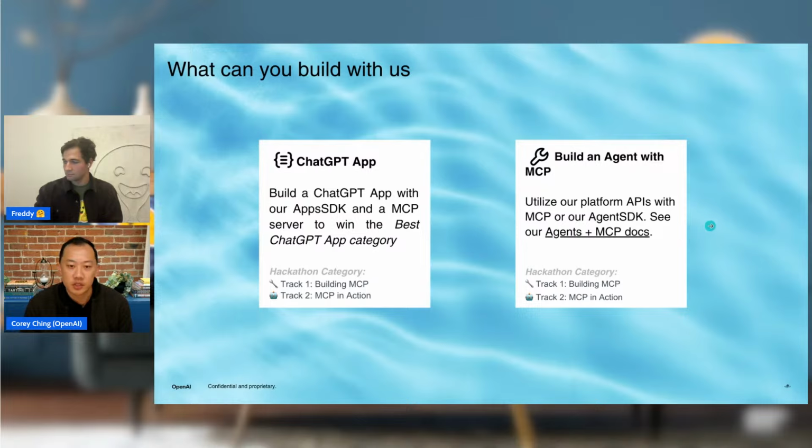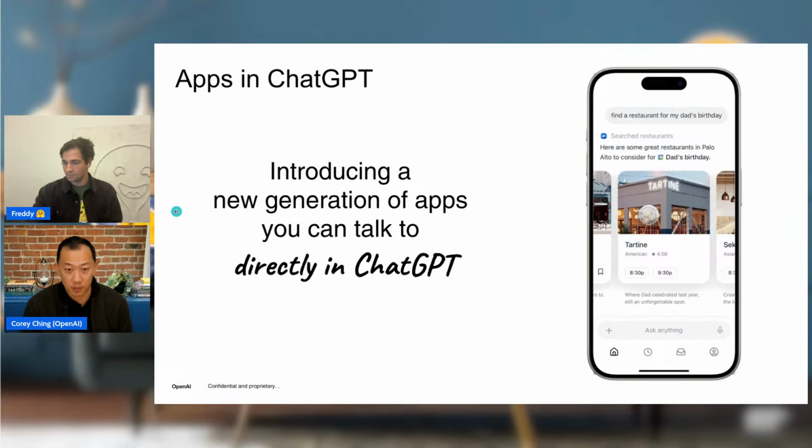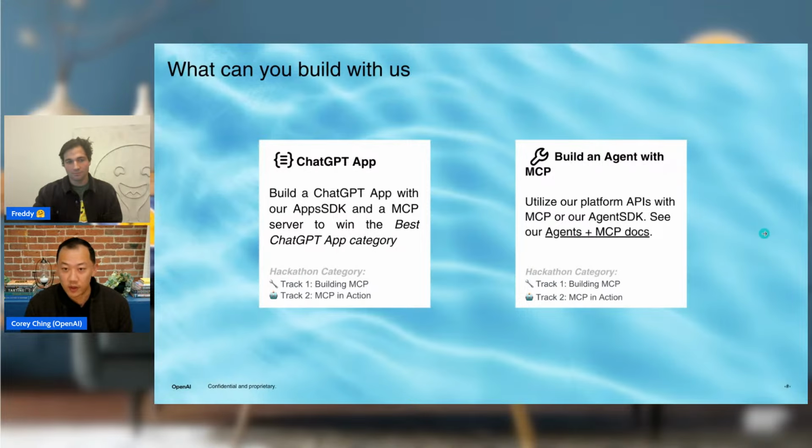That's a really interesting addition to the industry, and I know other folks are working on this, but bringing the UI layer on top of MCP is an interesting new frontier within that space. And lastly, one more thing on this: both our Responses API and our Realtime API, and also our Agents SDK, are compatible with MCP. So we encourage you to build something there as well.